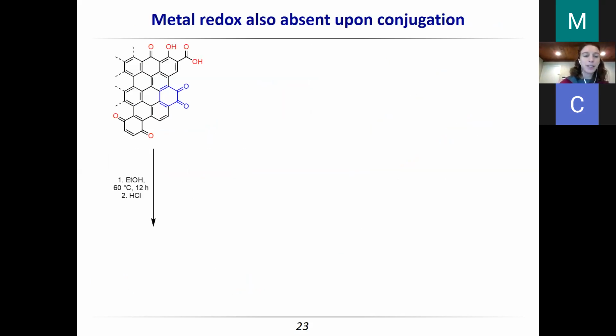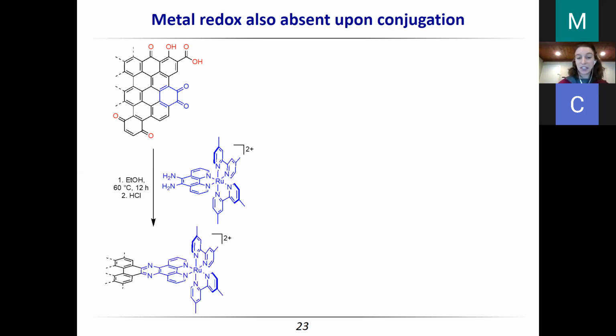What's nice about this system is if you can synthesize the diamine, you can put it on an electrode. So we wanted to look at some classic complexes that have been studied in other systems for outer sphere electron transfer. We chose this Ru(bpy) analog, so it's got methyl groups on it to shift the potential a little bit. But this is just a classic, really fast outer sphere electron transfer molecule. So we thought it would be an interesting case to probe the mechanism of electron transfer at GCCs.